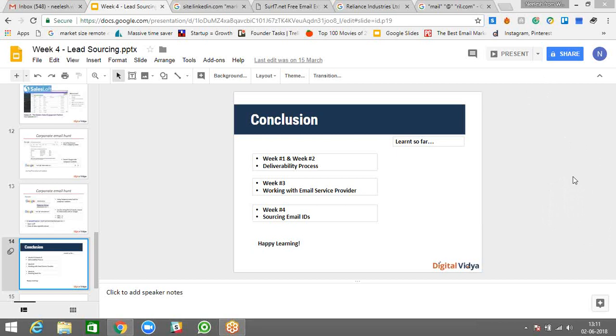Have you gone through social media in Digital Vidya? In the social media class 1, and also in the Facebook ads class 1, they tell you methods of defining your target audience, how to define a target audience and then hit on it. For example, who would use event management? Probably wait for it. You might have a better understanding of how to define a target audience and then look for those keywords.